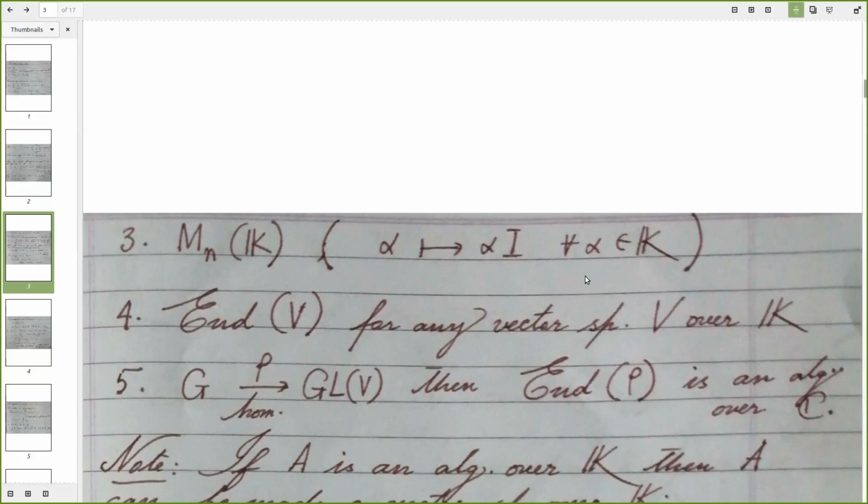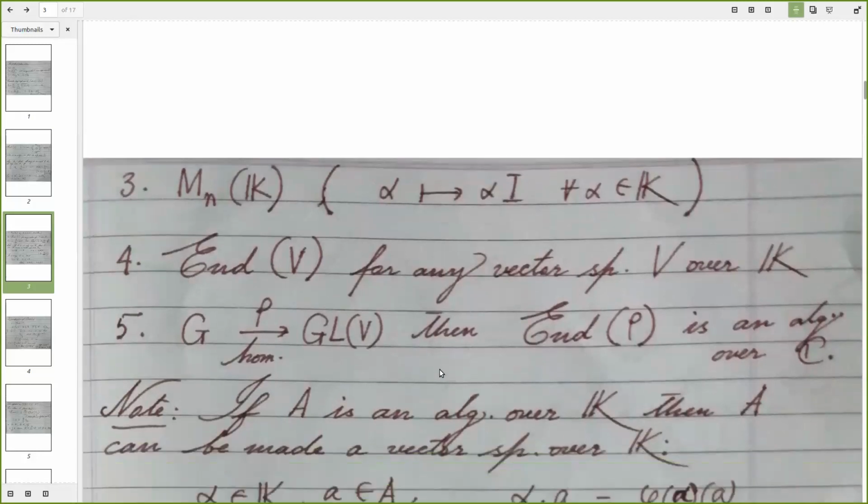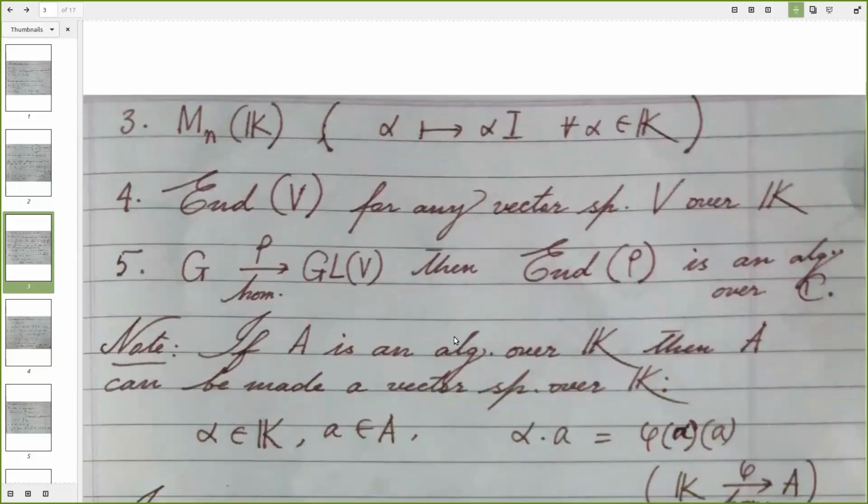So each alpha in K goes to the map from V to V, which is multiplication by alpha. Okay. Next example, which is of particular interest to our discussion, is given a representation rho of G on a vector space V, assume everything is over C, then End_G(V), if you just recall, is nothing but the set of all G-invariant linear maps from V to V, that is also an